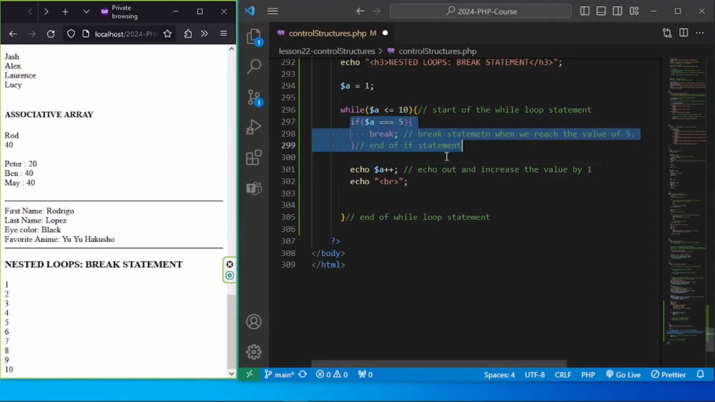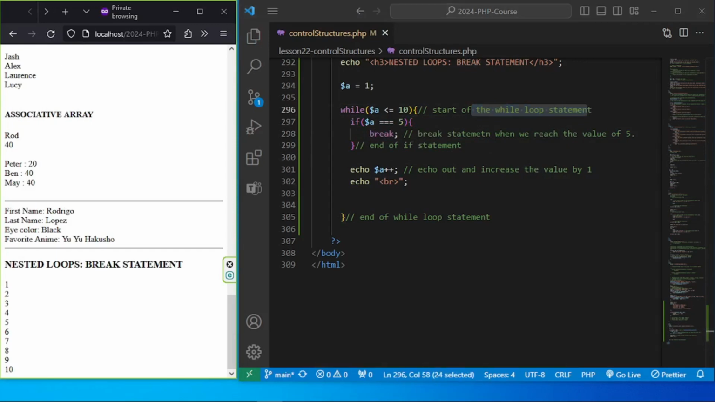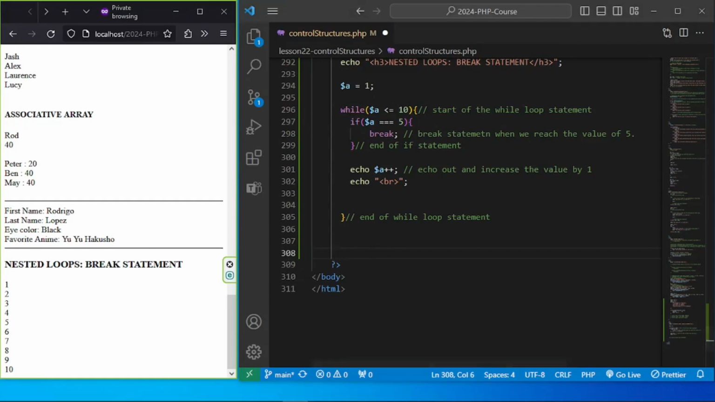right? But if we wanted to reach a certain condition, we can use the break statement so that we can jump out of the while loop that we have here as an example. So one other thing that I just want to show you here is that as an example for nested loops,